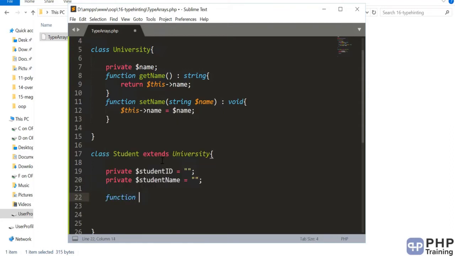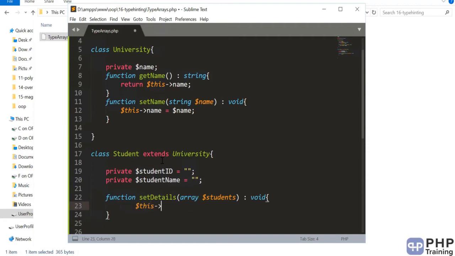Okay, so let's do a details, and here we'll try to work with arrays. So you are setting something, you can say it's void type, you're not returning anything. And now you're saying student name and it is of type array. So you're passing a student array, you can say students array, and then students array will have ID and name, and you can assign that value to your properties.